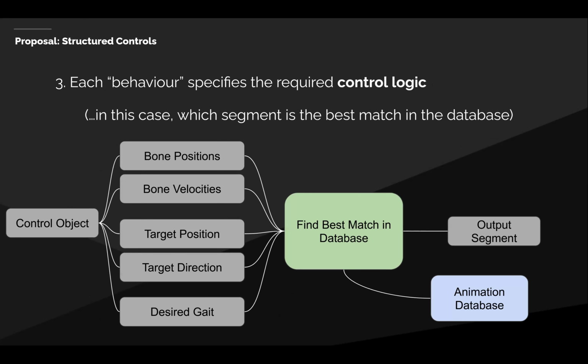For the example I showed you before, the way we describe this behavior is in terms of a motion matching cost. What this means concretely is that we take this input and we try to find a segment of animation in the database which is as similar as possible to this input. So say I give a trajectory, I would search the database for a segment of animation with the most similar trajectory to what I gave. And this would be the output segment, which we would ask our neural network to output directly.